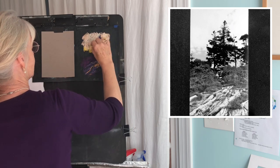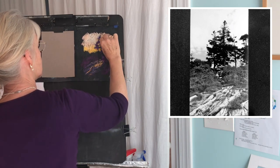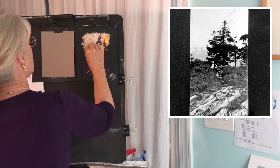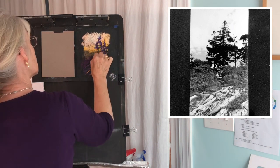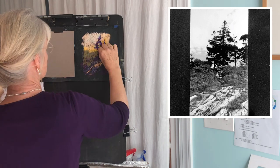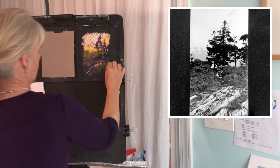Again, you can overlay these split complements as you can with complementary colors to create more grays. Darker grays, lighter grays, pushing elements back by softening it. Go ahead and lightly use on your sanded textured paper. You can lightly skim over the top of one color with another. And it's wonderful because it doesn't totally mix it like you might with watercolor or oil or acrylic paints. It creates this very subtle juxtaposition of the colors that softens it,